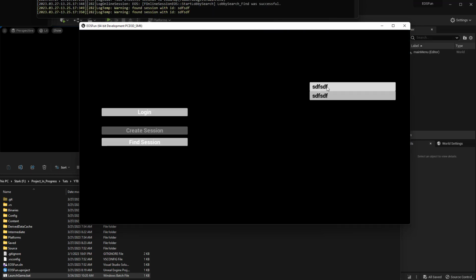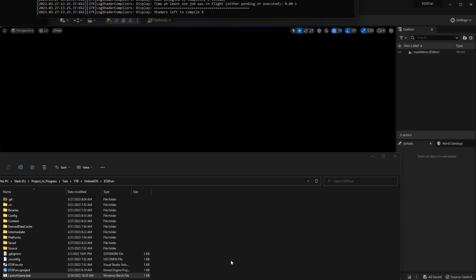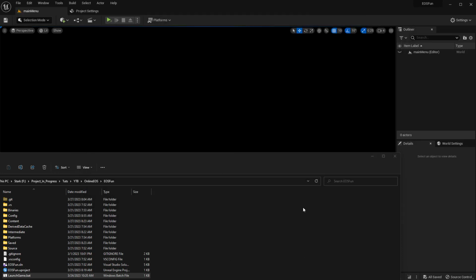Yeah, you can see we're seeing two of these guys for some reason. Maybe that's because we have a local one there as well. That's not good. We shouldn't be searching for ourselves. Oh, it looks like we're also having it popping out twice when we search again. That's not good either. So I guess we'll have to make sure that every time we have a new find session,